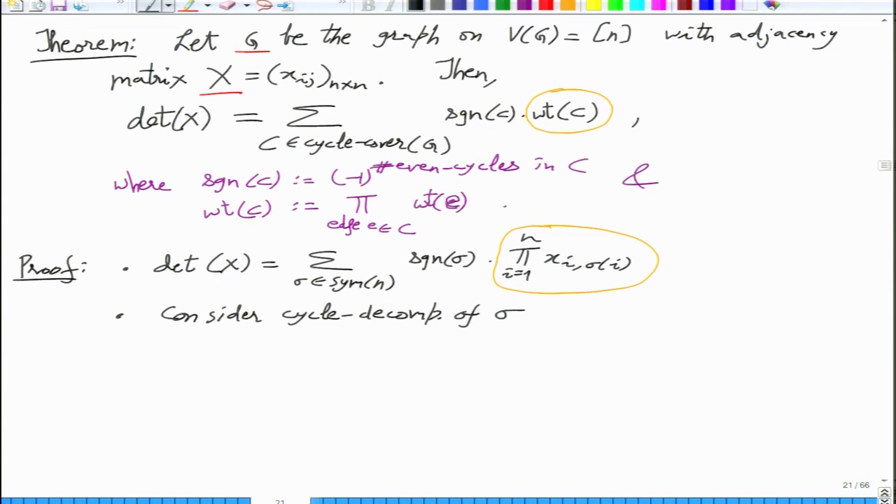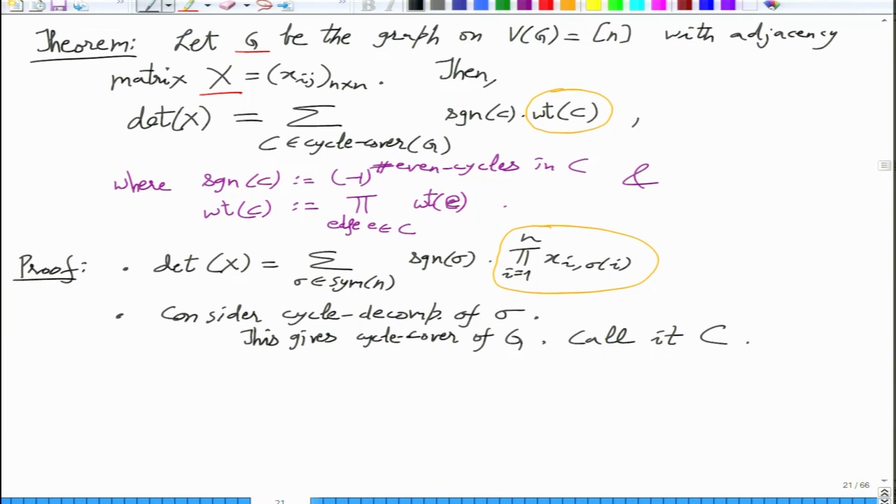So the cycle decomposition of sigma gives a cycle cover of the graph. Call it C. Okay, is this clear? When you decompose sigma, it will decompose into these cycles as you got before,